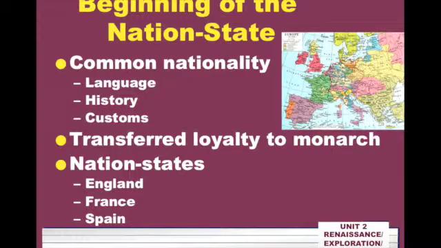And we'll talk about more of this later on in the year about nationality and what makes a nation state. It's at this point that there's a lot of loyalty that's being transferred to the monarch. Before, remember, during medieval times, it was small principalities, small kingdoms, and people had loyalty towards their noble king, who eventually would give loyalty to the monarch. Now, the monarch's starting to strip away the power of those local kings and taking that power back. So the nation states that are developed during this time are England, France, and Spain.